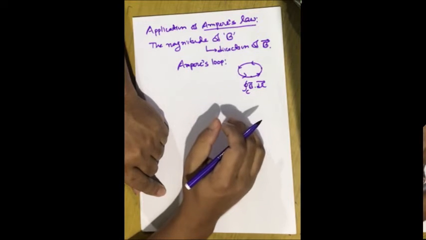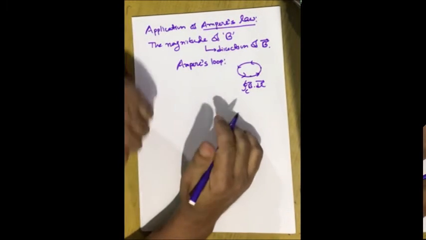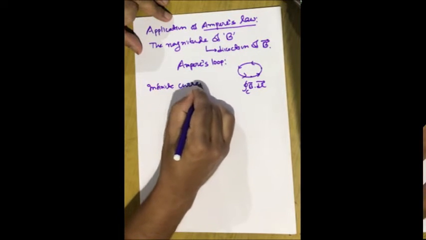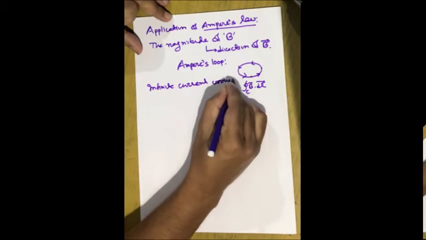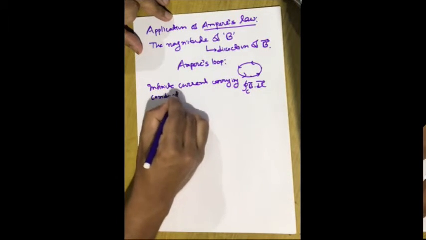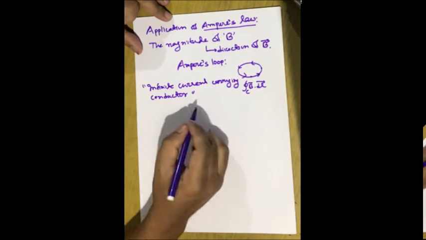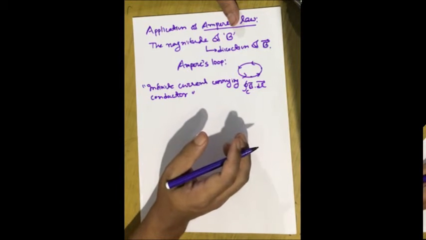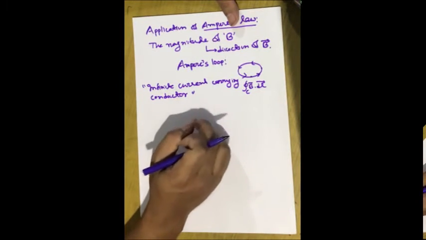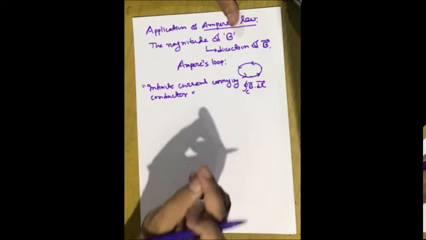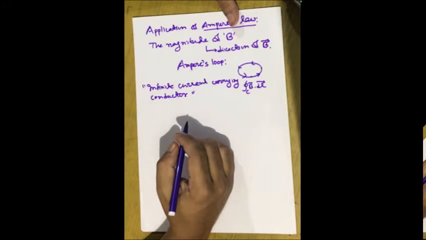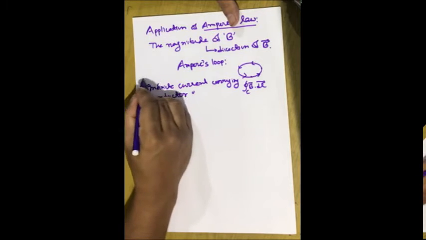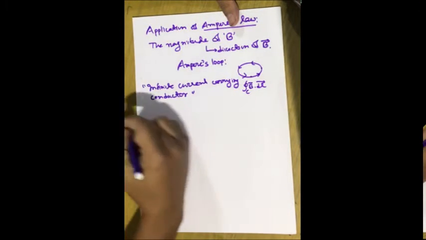First I am going to explain the magnetic field due to an infinite current carrying conductor. These things I have already done using Biot-Savart law, but as you can see, the calculation was a little bit lengthy. But when we use Ampere circuit law, it becomes really simple. We can just determine its value within a few steps.